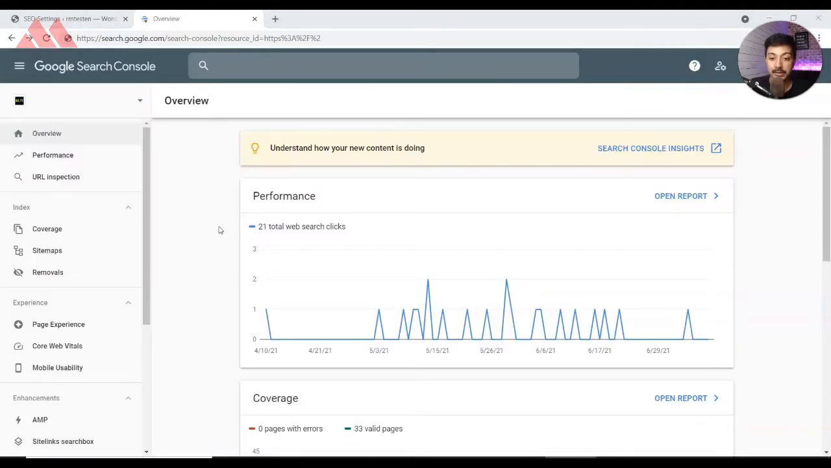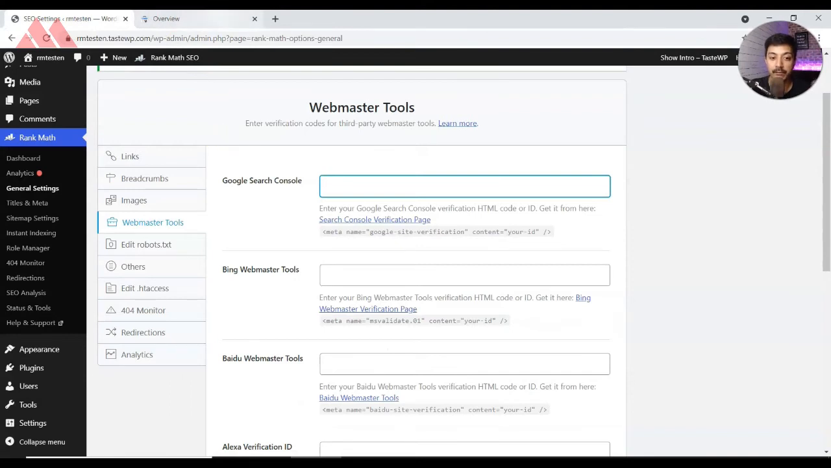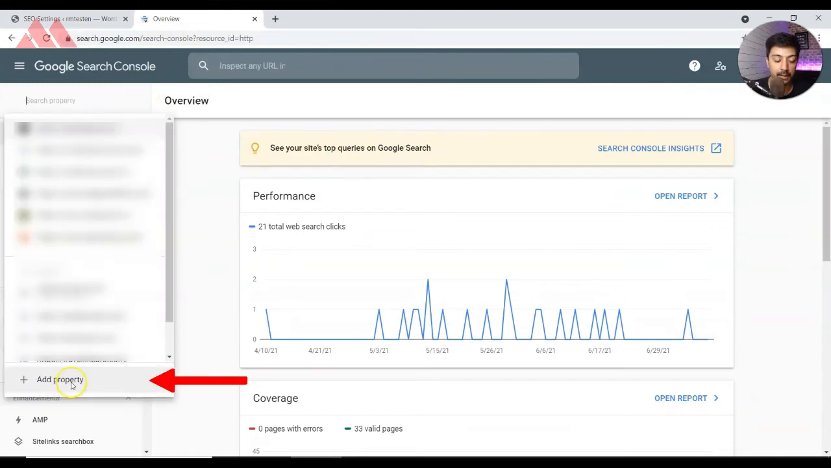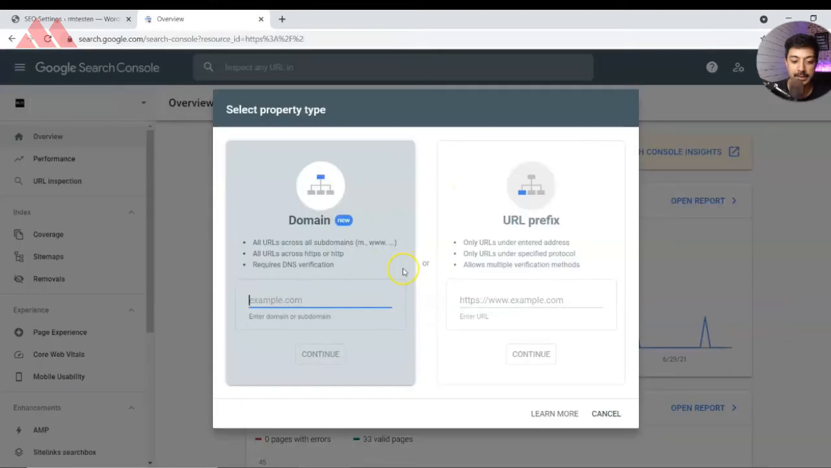So if it is your first time logging in to Google Search Console, you will see a blank screen. But if you already have a Google Search Console and you have added a few websites in your Search Console, then you will land on the last visited website. So to add a new website and then verify that in Google Search Console, we need to go to this option here. And from here, we need to select this Add Property. Once you click on that, you will see a new pop-up where we have two options,